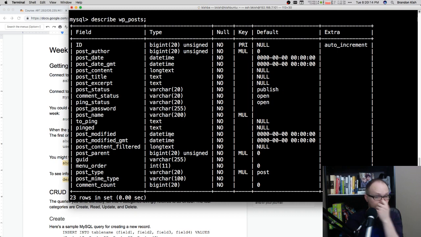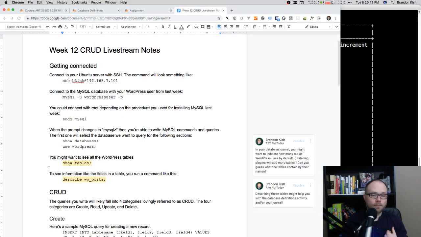If I wanted to see something that's in there, we need to write different types of queries. Now, we've talked about show and describe. Those are very rare. In fact, I probably only use show and describe when I'm looking in a database trying to find something, like find a field name or find a table. It's actually more often that you're going to write queries that do something to the database.